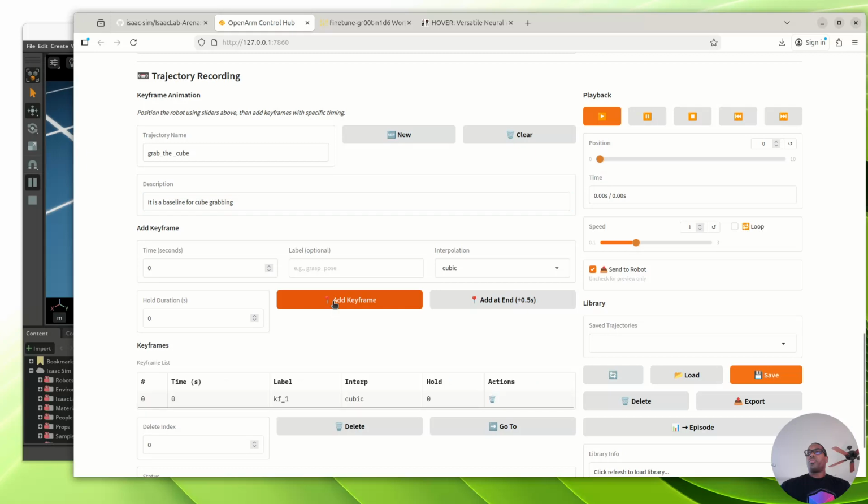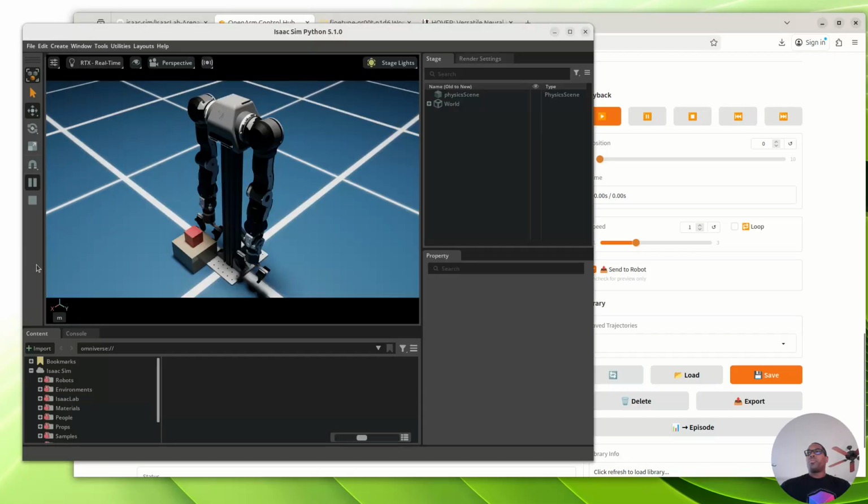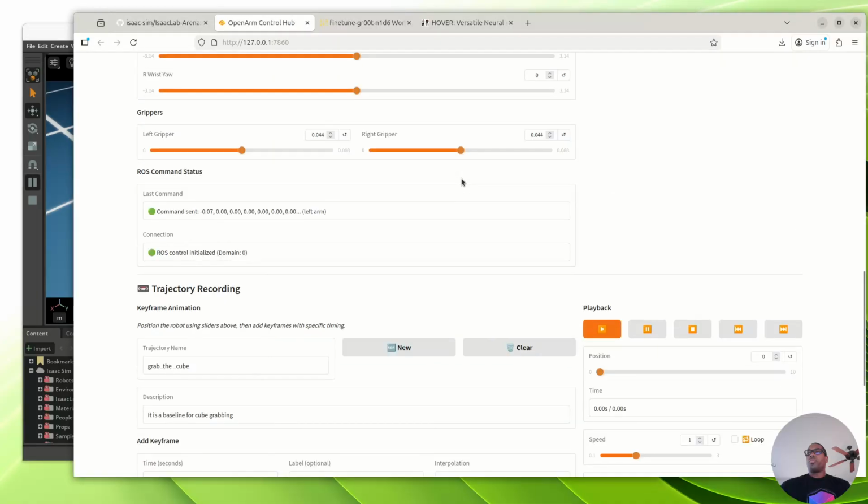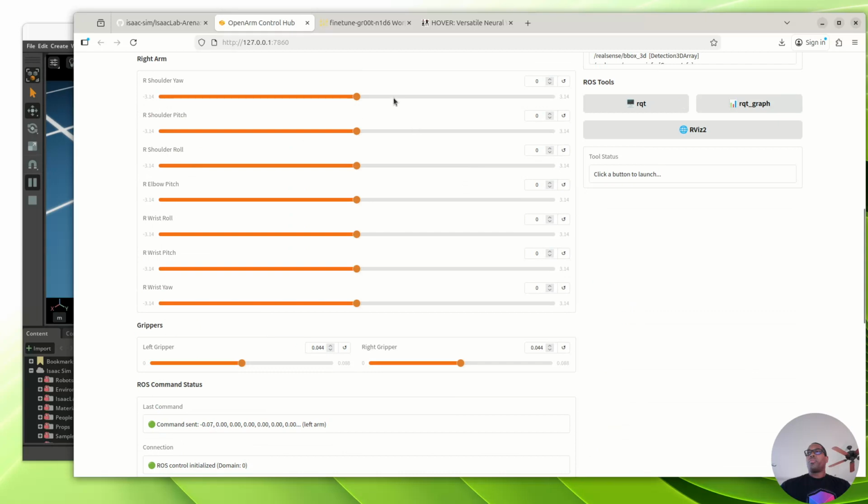Add a keyframe. So I'm adding a keyframe. This one, it's just a default keyframe. I'm labeling it kind of nothing, but the label could be important in the future if you're trying to distinctly tell a model to do a thing. Like for instance, this would probably be near the home position, so I would call that home if I wanted to. And as I've done this so many times, I can move to exactly the location that I know I need to move to. But what I want to do is show